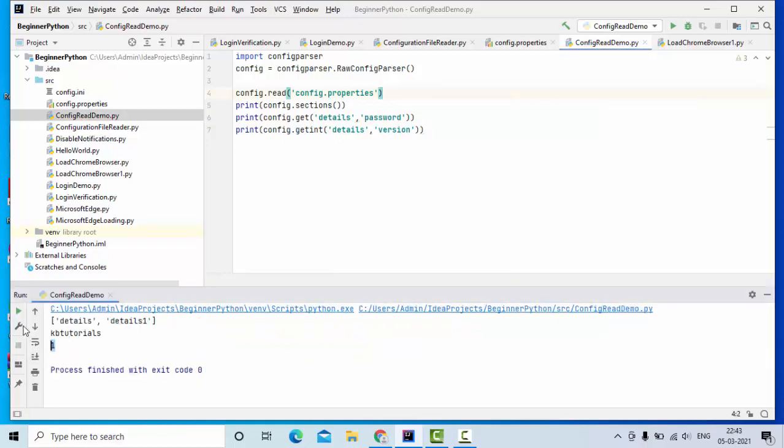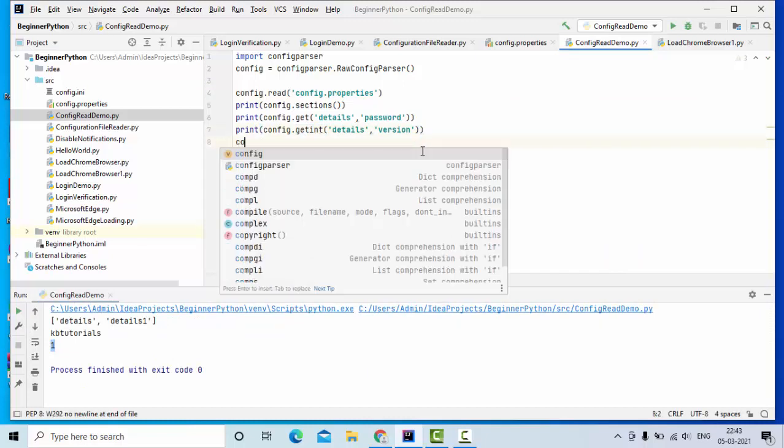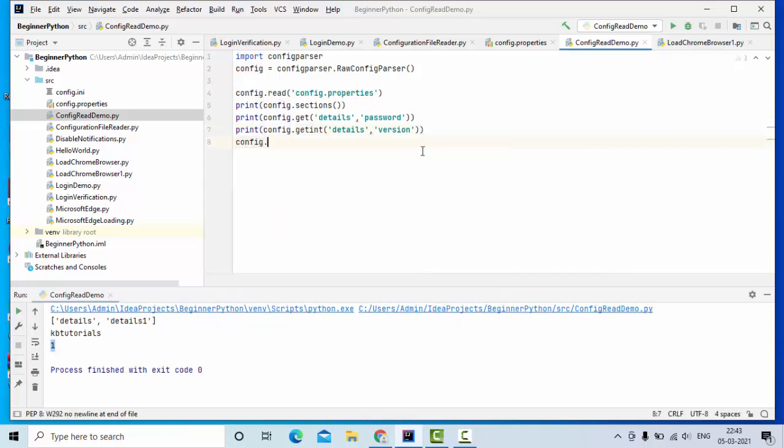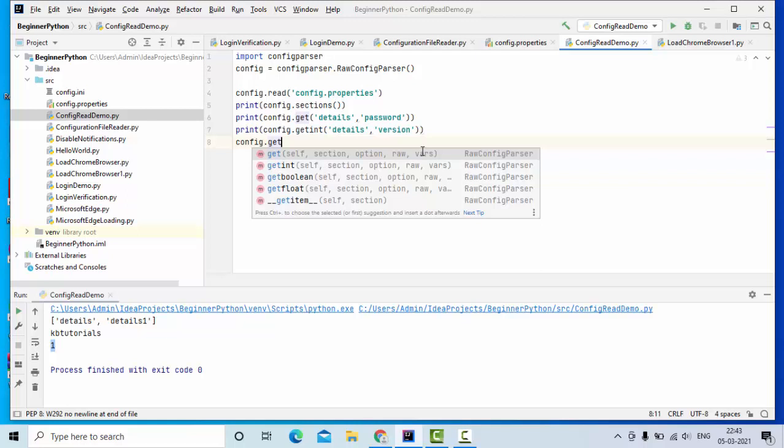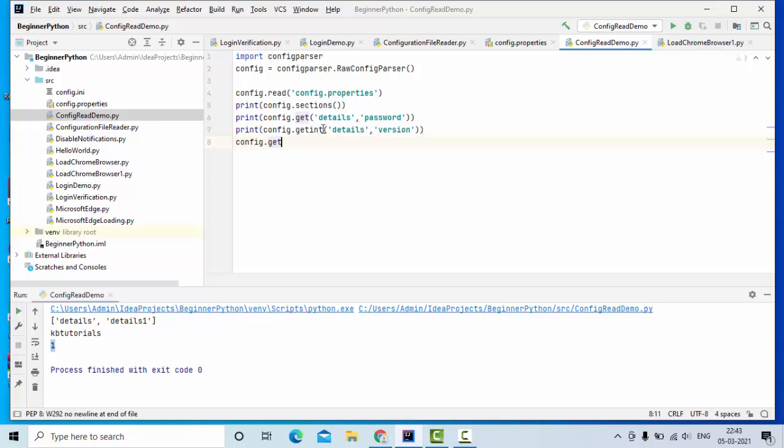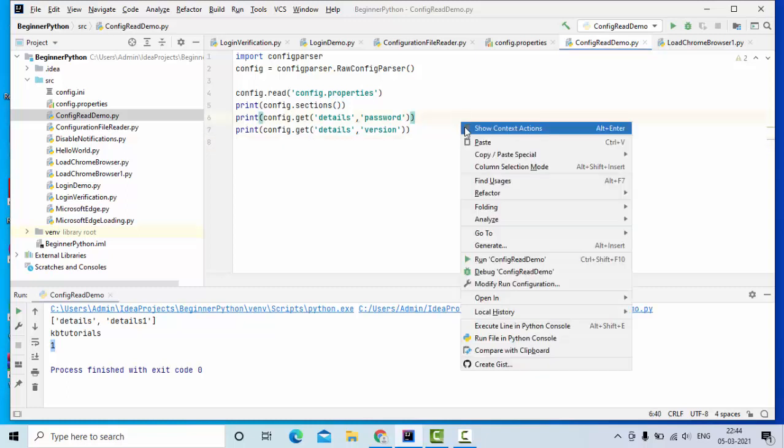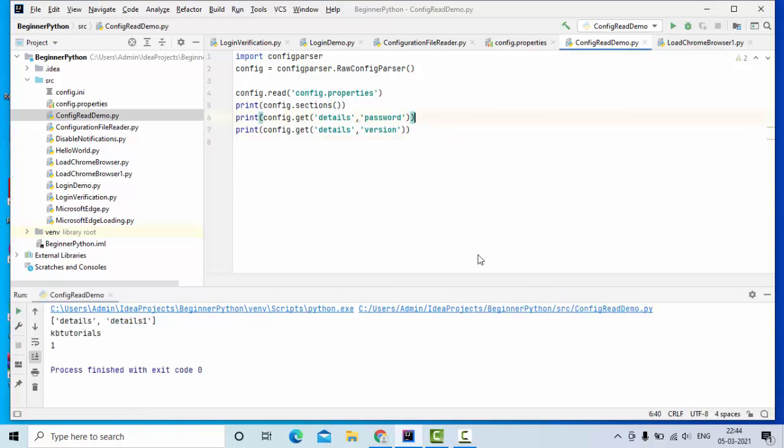Now you could see I'm getting the value. So what else do I have? config dot get, you have getboolean and getfloat as well, and for the version I can use the same get method as well. I have used getint because I know the value of version is 1, which is integer type, but you can get it using the get method as well.